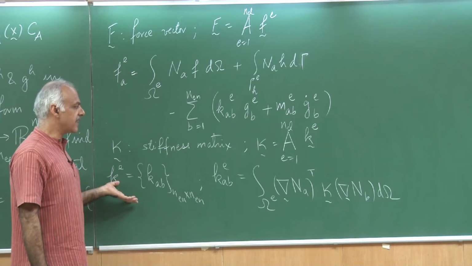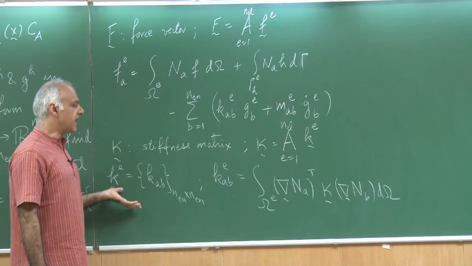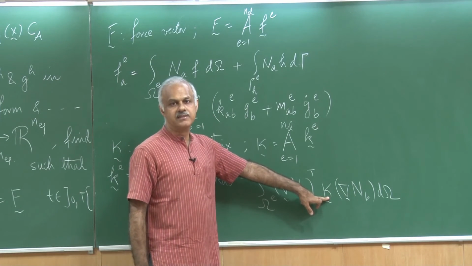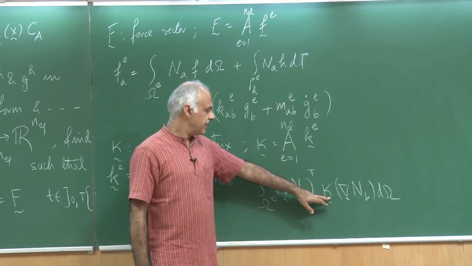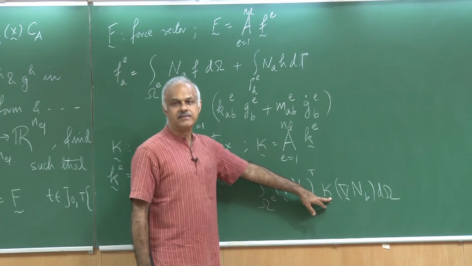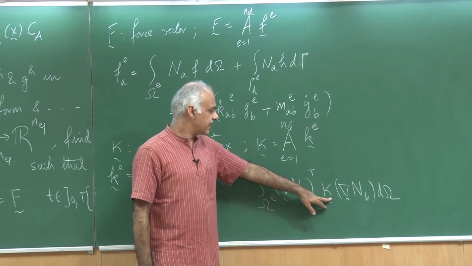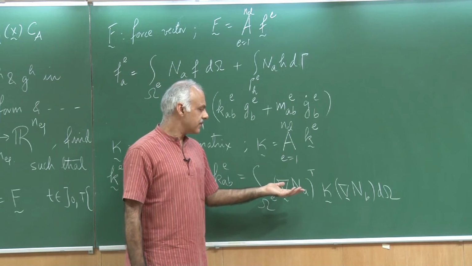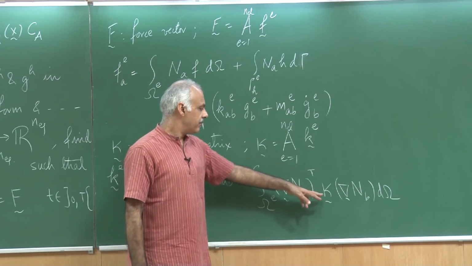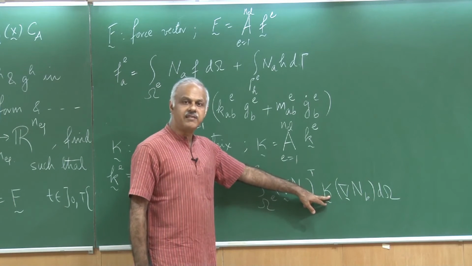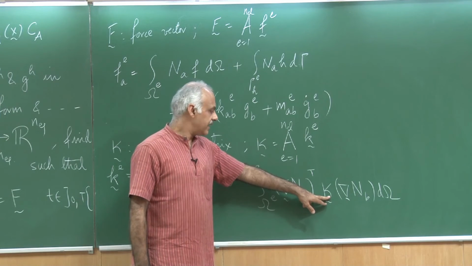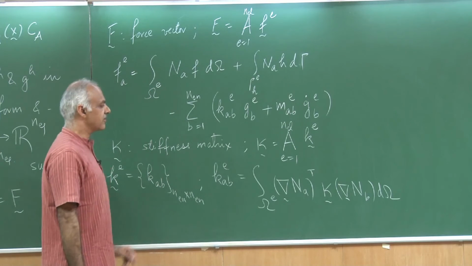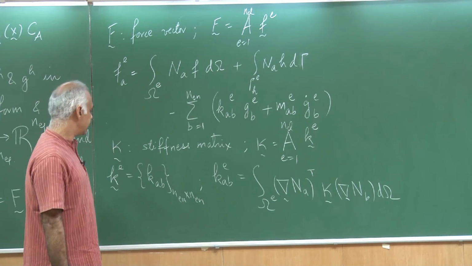So, the stiffness matrix really does not change, except that we could have a situation where the material property is time dependent. So, it may very well happen that kappa is also time dependent. Okay. So, I have a material where the conductivity is changing with time. In fact, I could have a non-linear problem. Of course, we are dealing with a linear problem here, but I could have a situation where the conductivity itself depends on the temperature, and since the temperature is changing with time, therefore, kappa also could change with time, but you know that discussion can wait for a while.